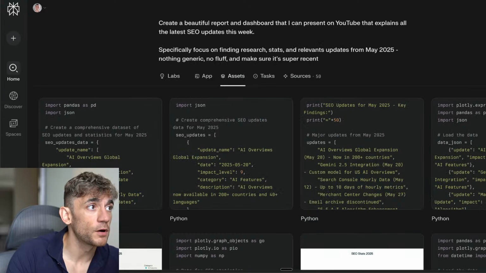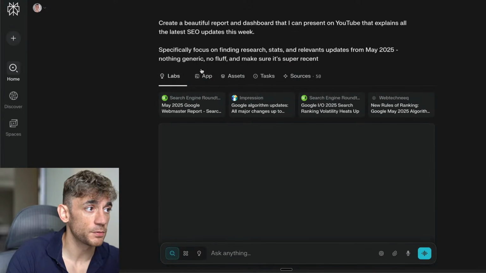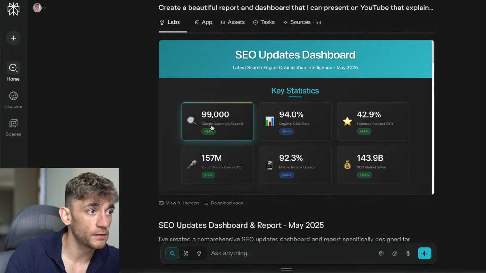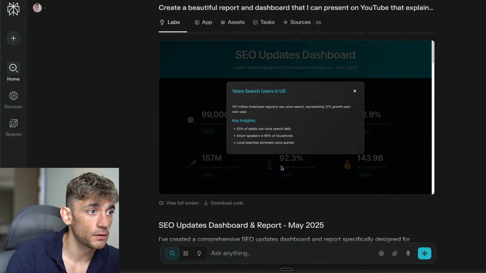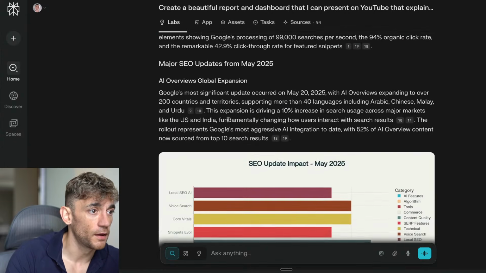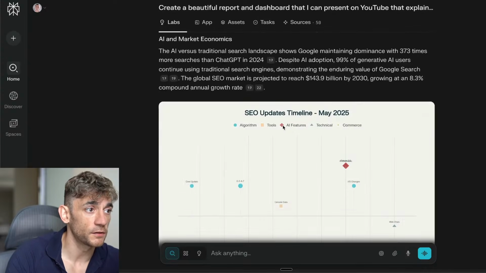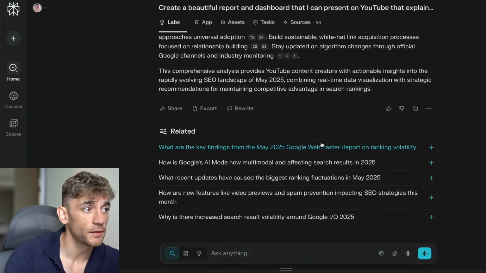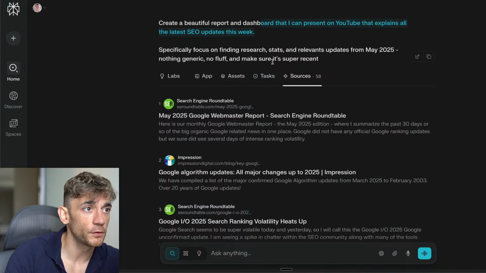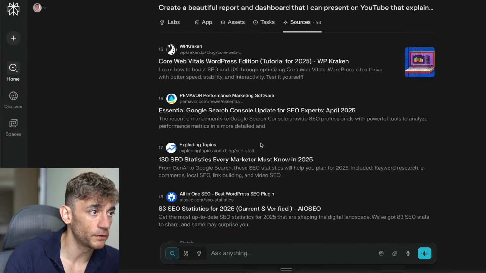If we go back here as well, for this report dashboard, when we say create a beautiful report that can present blah blah blah, it's got this interactive feature where you can click on the buttons, nice emojis, and it breaks down exactly where it's got the research and that sort of thing, right? So you've got the short and the long version depending on what you want. And also if you go to the sources section over here, you can see all the sources that it's used,